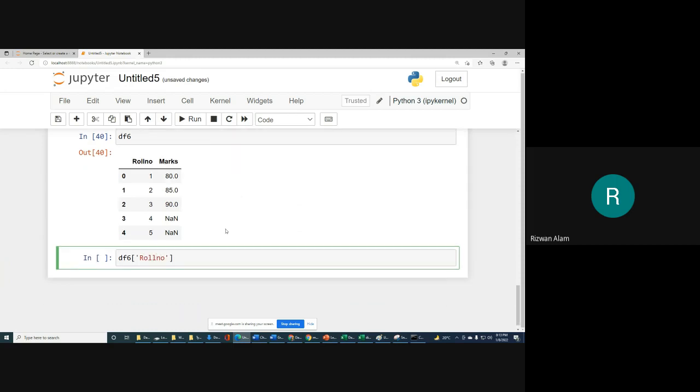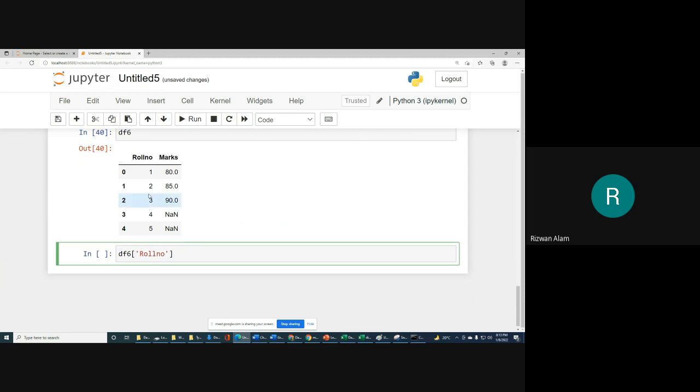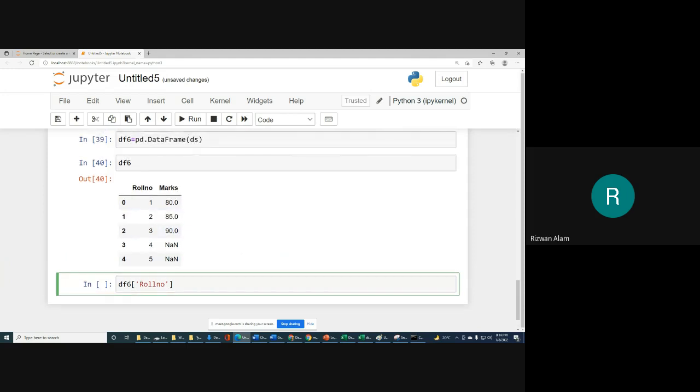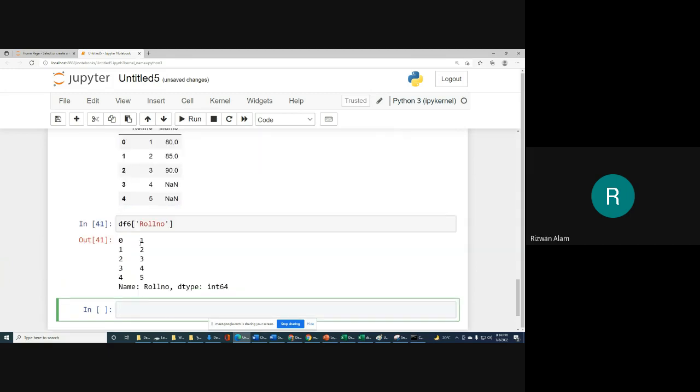If you want to select a particular column only, and you don't want to display marks, then simply write df6, the name of our data frame, and in square brackets write the label of that column, roll number. Simply we will write that and you will get roll number.